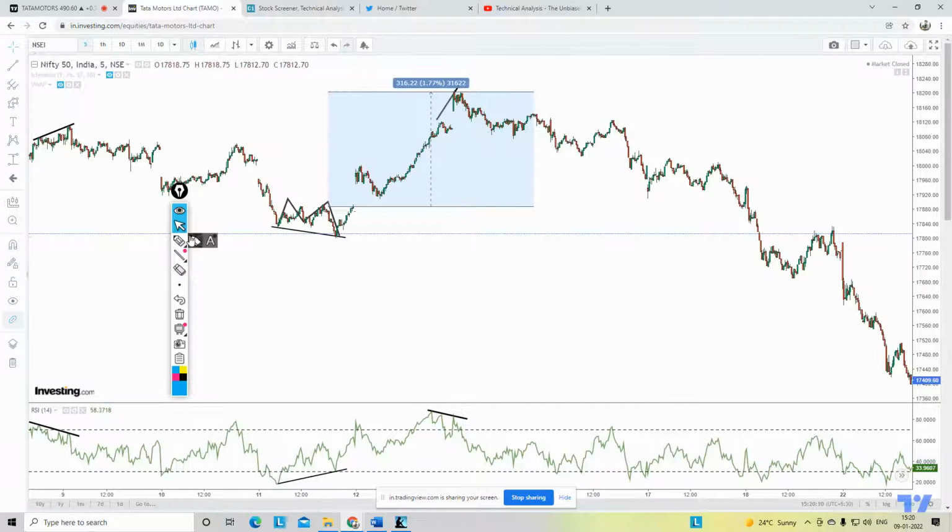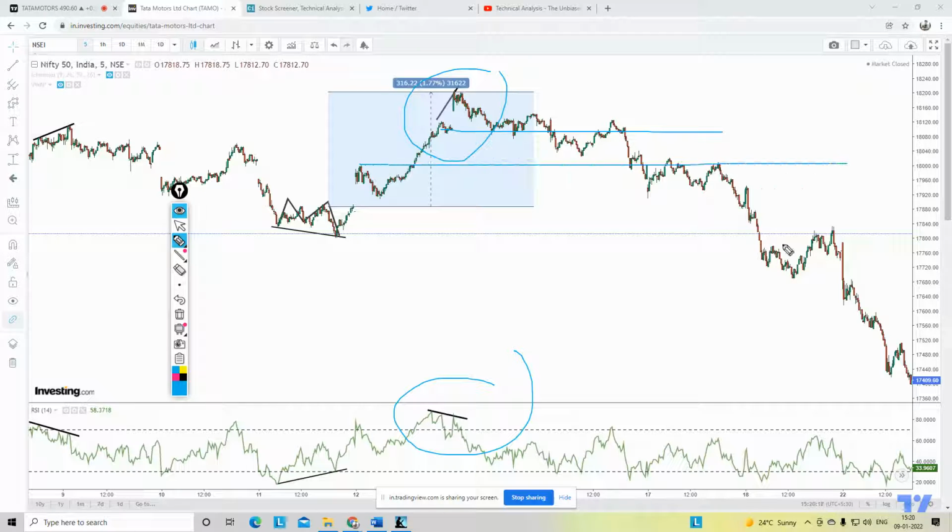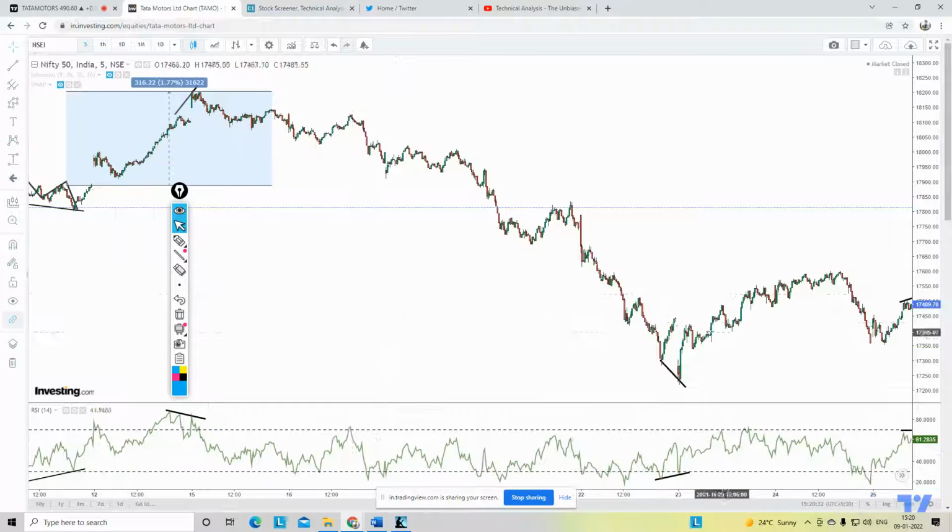Again here it formed a bearish divergence in this area, correct? And if you see this as a consolidation, you see it tested, it couldn't pull back. You can say that it formed a divergence, it had multiple resistance on a 5 minute time frame. You can have a quick scalping, and you can go into the put buying, correct?